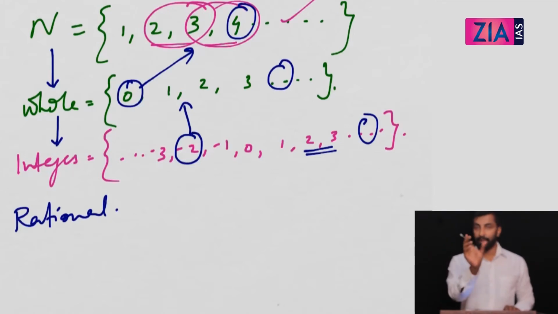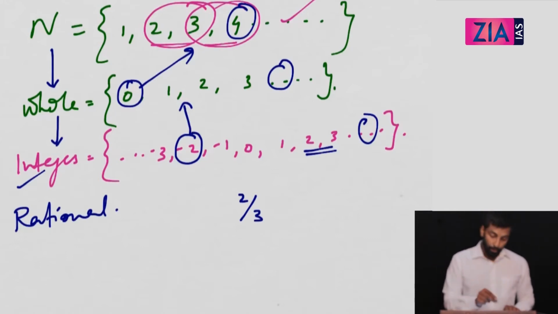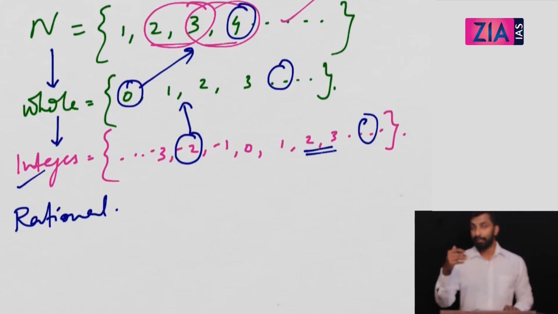6 you can represent in the integers, or in the whole numbers, or if you want, in natural numbers. If you take minus 1 and 6, when you multiply, you get minus 6. That also you can represent in integers. But when you divide, there is a problem, right? So 2 by 3, if you need to divide, where will you represent? Okay, so we need rational numbers to represent this operation.